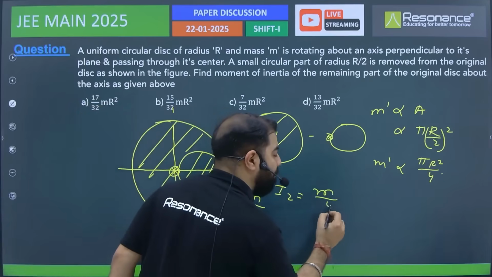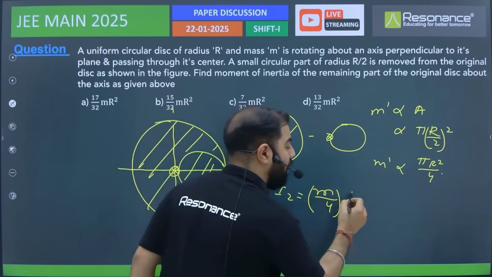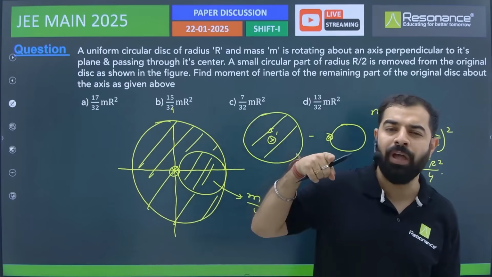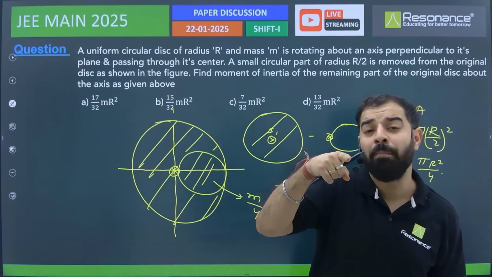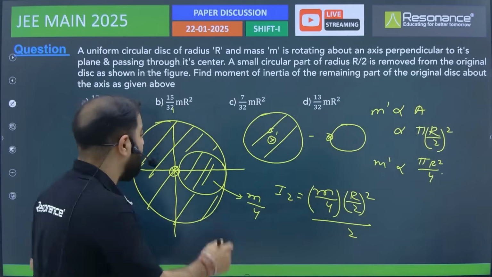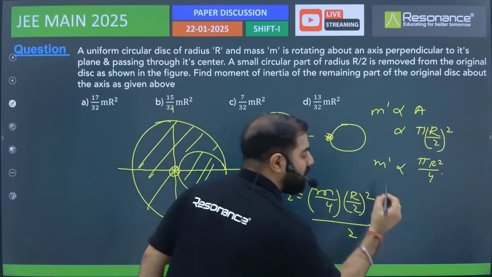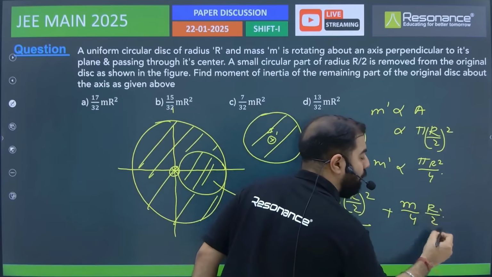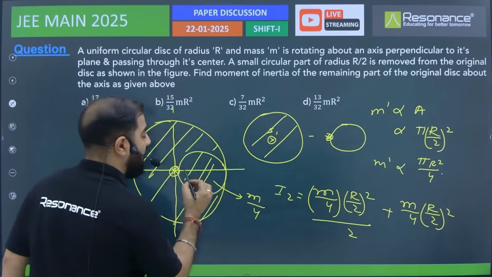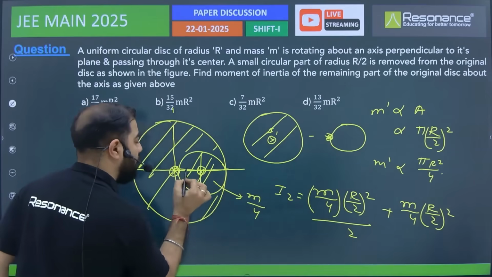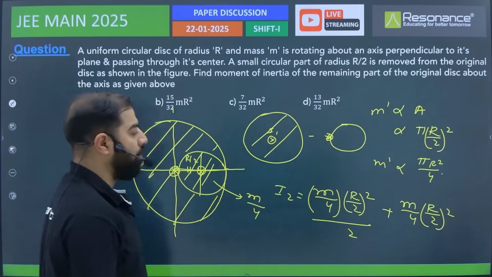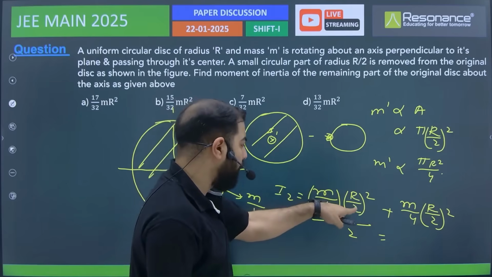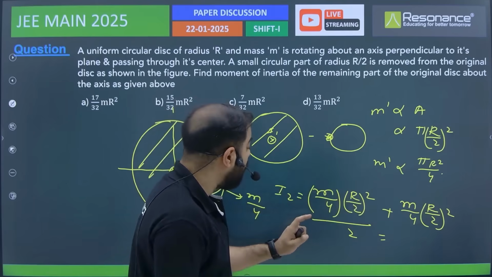So for this cavity, we can think that the moment of inertia is I2, which is given by m/4 times, what is the radius? (r/2) squared by 2, right? The formula for the moment of inertia of a disk is mr squared by 2 for an axis passing perpendicular to it, through the center. But I want my axis to be here. So plus m/4 and the shift will be (r/2) squared. This is r, and from here to here, this is r/2. Okay? So that turns out to be